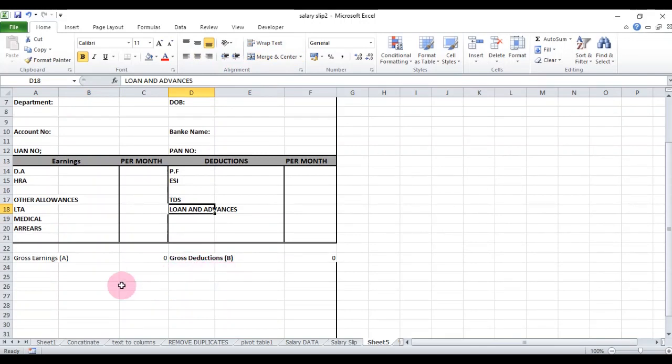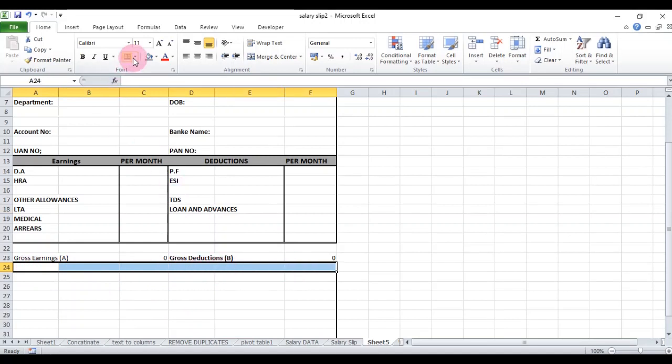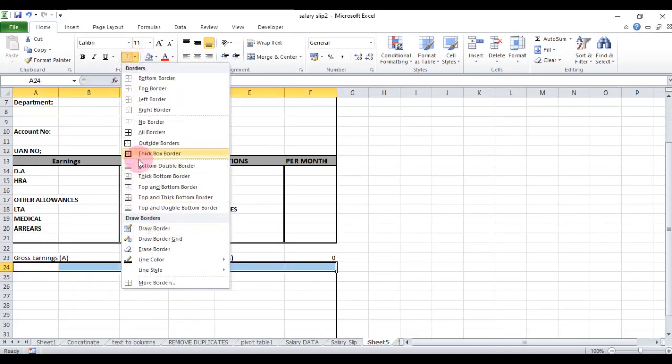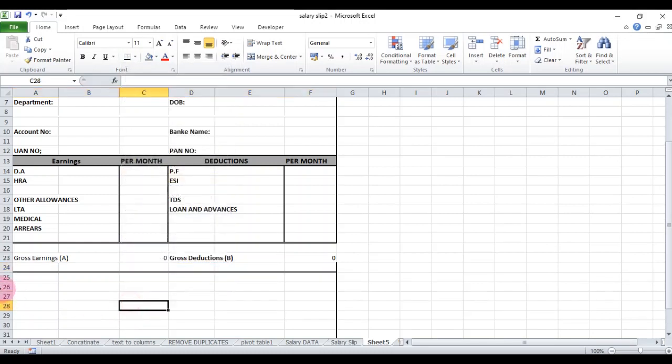Then the next step is, here you put a border, single line border or double line border as you require, bottom border. Then here type net salary, A minus B. You can understand why I am typing A and B here.